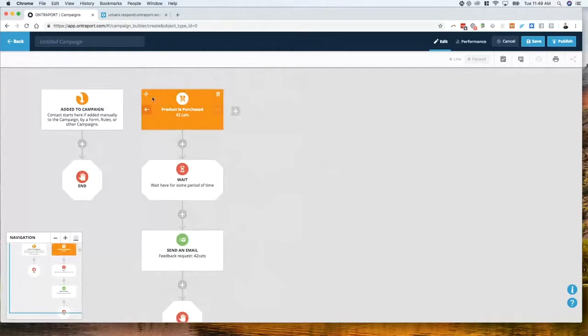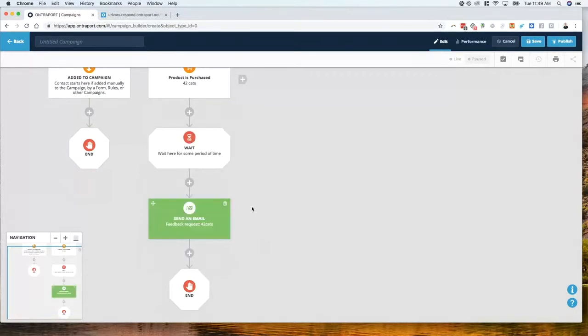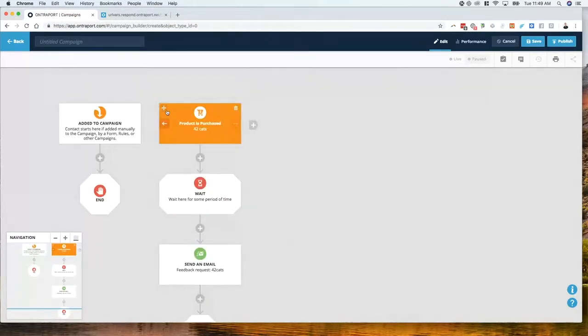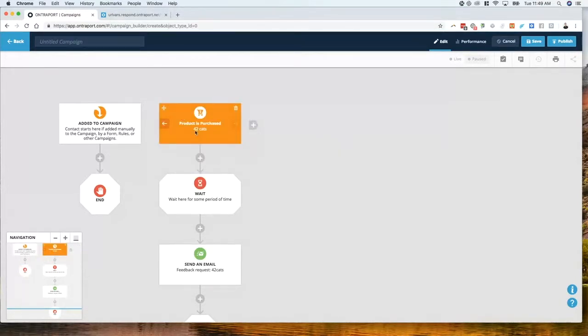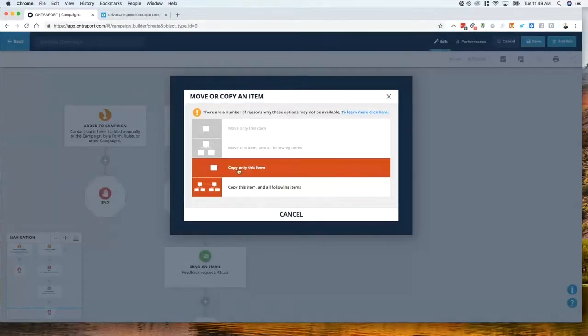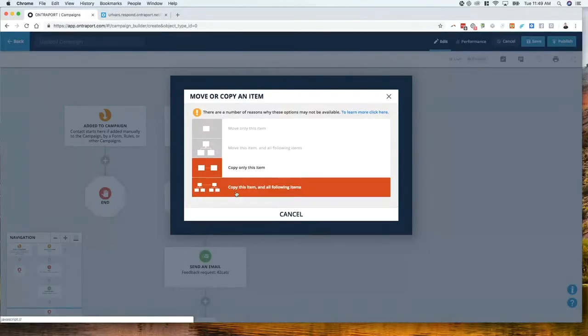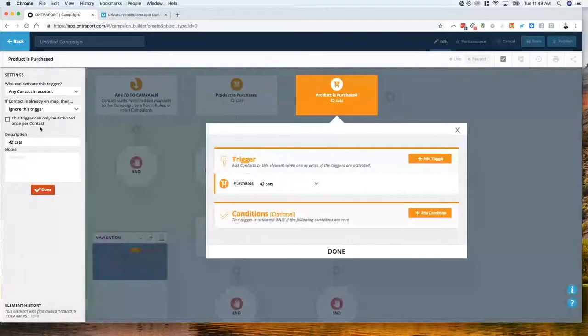So that's one way to set up a little system for new purchasers to send an email out after a while to get some feedback. Now I can take this, I can grab the little grabby bar right here, and I can hover it over the add a trigger. And then it's going to ask me what I want to copy: only this item, this trigger, or everything. I'm going to copy everything,